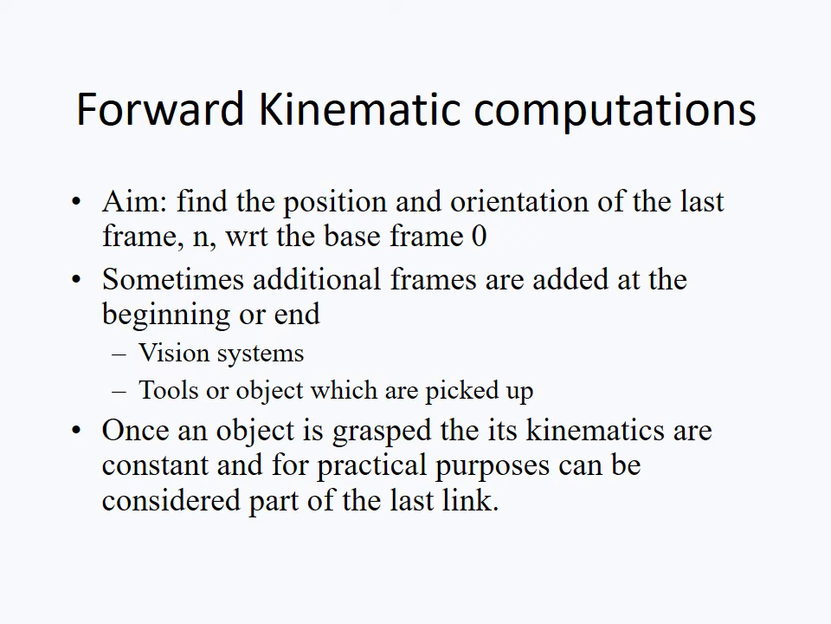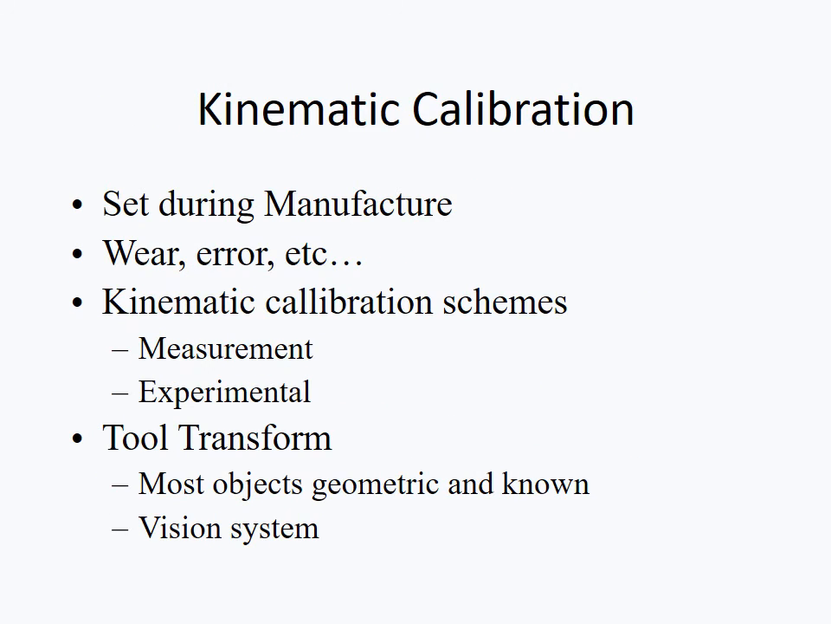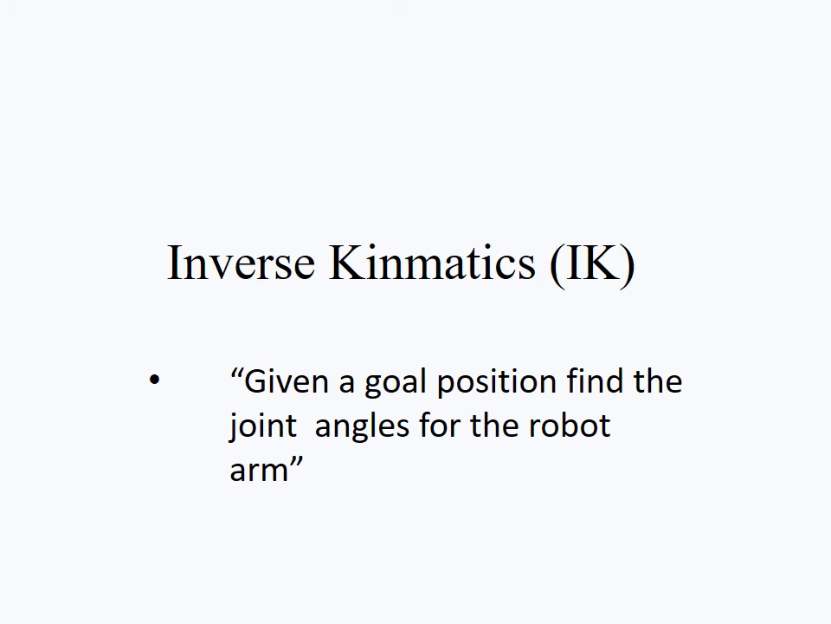Sometimes additional frames are added at the beginning or end, depending on the vision system, tools and objects. Once an object is grasped, the kinematics are constant and for practical purposes can be considered part of the last link. So this is the forward kinematic computation process. Kinematic calibration is set during manufacture, with wear error, kinematic calibration schemes, measurement and experimental tool transformations, object geometry and known vision systems. Okay, till now